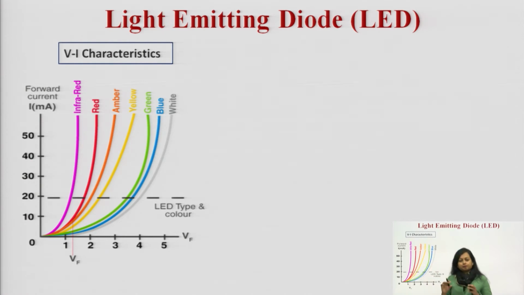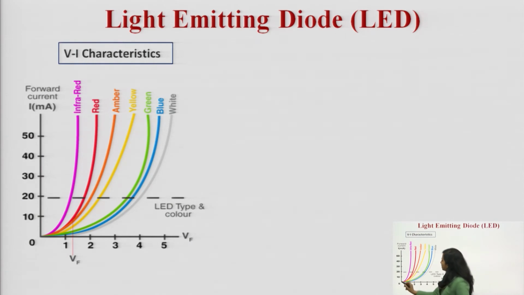You know that the PN junction diode, if we talk about the conventional PN junction diode, works in forward bias condition and in the reverse bias condition. And if you recall what I have told you about the LED, the LED works in the forward bias condition. So if you are going to plot the VI characteristic curve, it will be the same as the VI characteristic curve of a conventional PN junction diode in the forward bias.